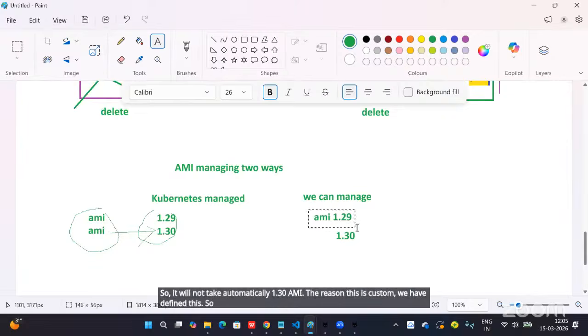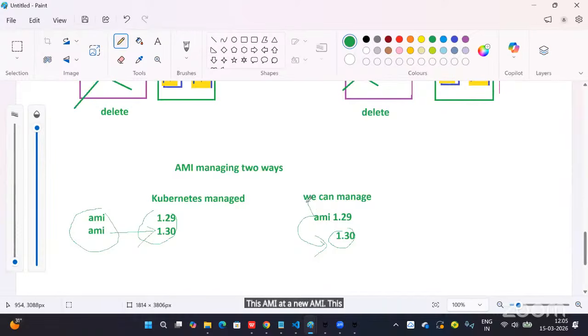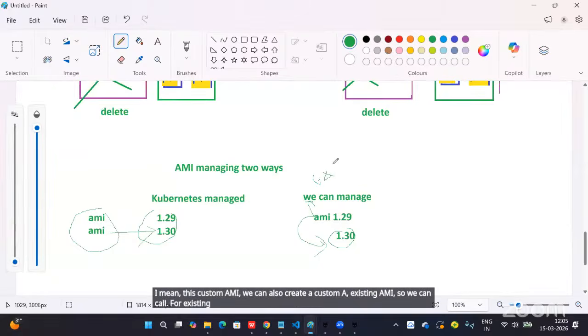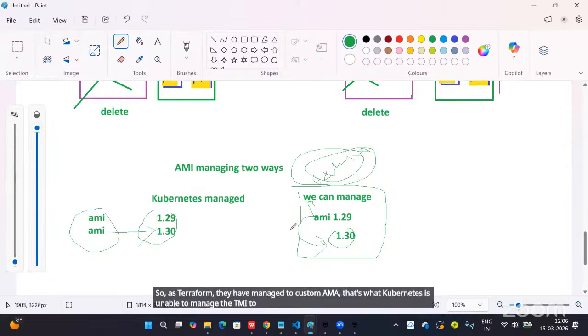That's the error we got, right? We don't have any authorization to update the AMI with a new AMI. This is created as a custom AMI. We can create a custom AMI, and we can also call an existing AMI. For existing AMIs, they give a few features; if you want to make some changes, you can add those features and create a custom image, a custom AMI. Since Terraform managed the custom AMI, Kubernetes is unable to manage that AMI to upgrade to 1.30.